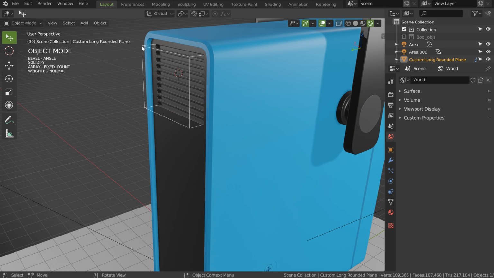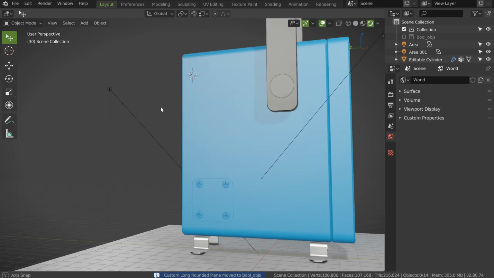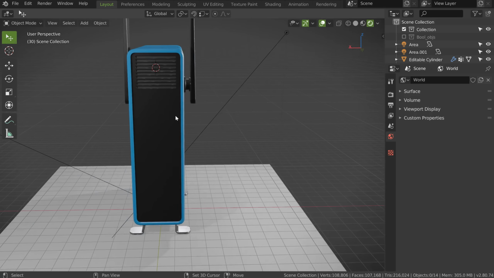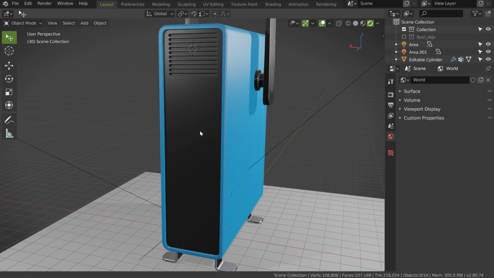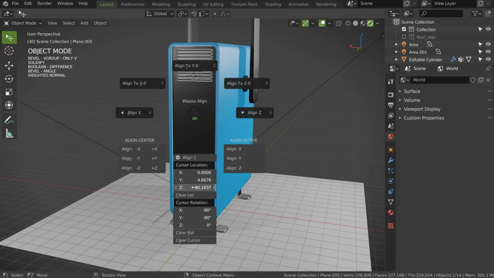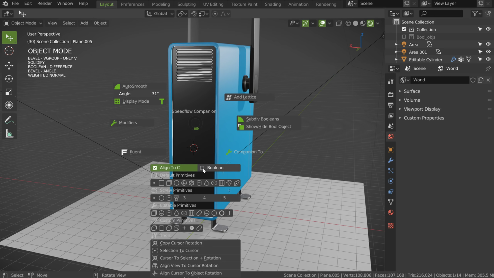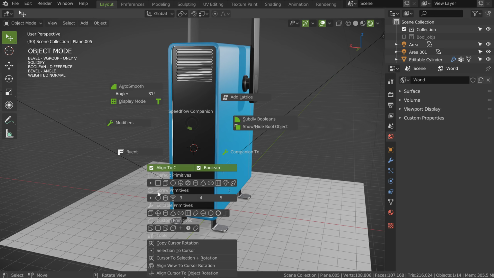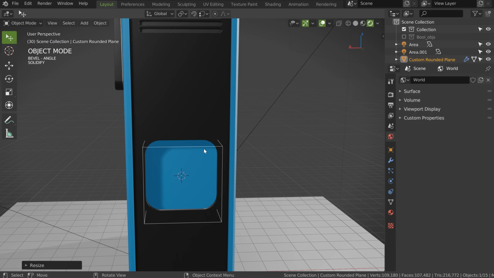If I move this one to the bool object here, I will have this result. As you can see, this is nice, and this is simple, nothing complicated. And I could add something here. For example, I will just move this one in vertical, like that. I will add a boolean. I will press Alt and I will select this one. Boom, that will give me this result. So pretty easy, pretty fast.